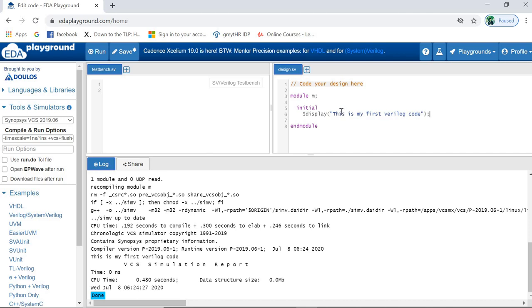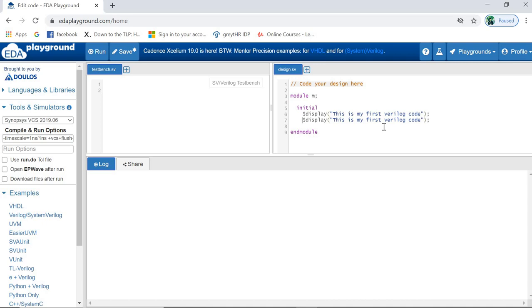Okay, and with the help of this, you can display your content, basically whatever you want. Suppose that I am using multiple statements here, then what kind of error can I get? Suppose I want to display this twice. This is why I am doing it twice, because I am taking multiple statements. Begin and end is used for containing multiple statements. So here I haven't written it, so according to this, it should give an error.